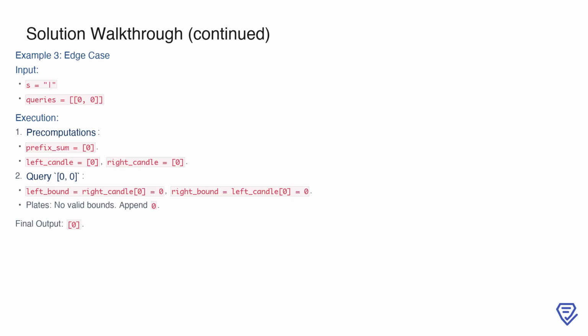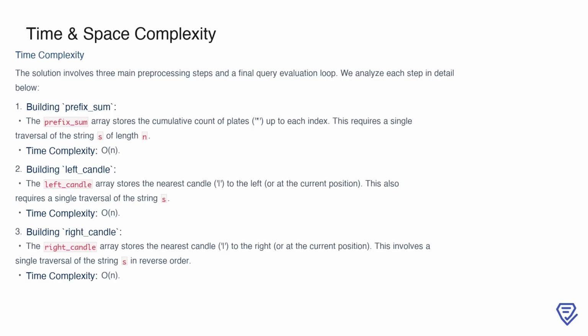The final output is 0, demonstrating how the solution handles scenarios with no valid plates between candles. To analyze the time complexity of our solution, we break it down into three main pre-processing steps and the query evaluation loop. First, we have the construction of the prefix_sum array. This array keeps track of the cumulative count of plates, represented by asterisk, up to each index in the string s. Since we only need one traversal of the string of length n to compute this, the time complexity of